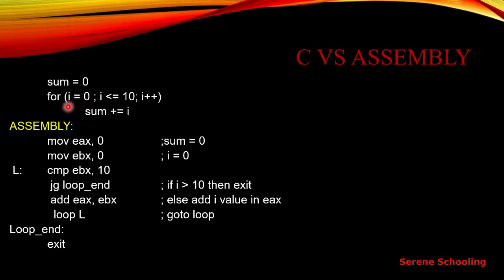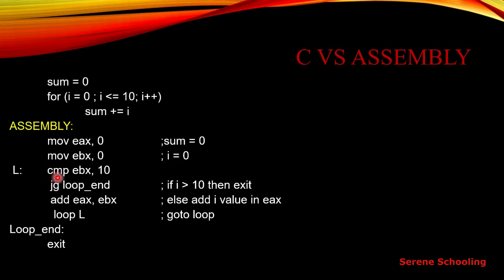Next, for the sake of the loop, I need some looping index, right? In C it is i, and in assembly I'm taking the looping index as some other register. You can see I'm taking the EBX register, and I'm moving 0 into EBX because it starts from index 0. Here is the start of my loop, inside this label. This is a label, some name, and the colon represents a label. These are the statements inside the label.